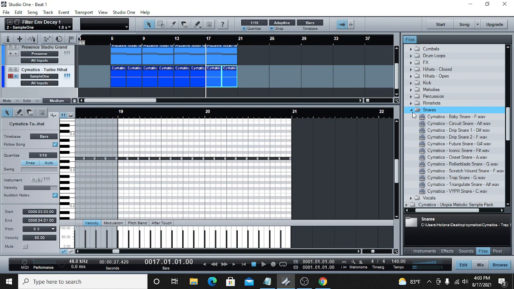So I'm just going to have that running throughout. Then I'll find a snare. I'm just going to pick something simple, tuned to C, because if it's tuned to C, then every note you play on the piano will be accurate. Whereas if I pick this snare, which is tuned to G,